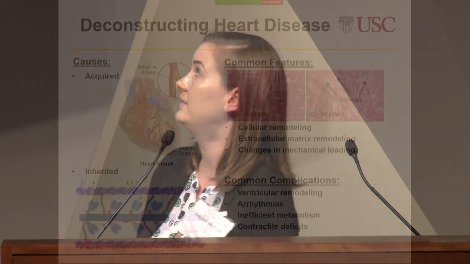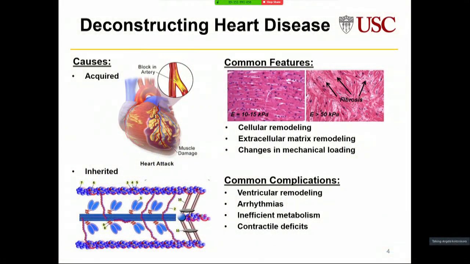So independent of the root cause, we still see some common features in how the tissue can remodel in different disease states. So here's a slice of healthy cardiac tissue. Here's one from a heart with hypertrophic cardiomyopathy, but we see some similar features independent of the root cause. So some of the things we see are cellular remodeling, so changes in cell shape, changes in tissue architecture, changes in the proportion of fibroblasts to myocytes, changes in the extracellular matrix, so this can be composition as well as